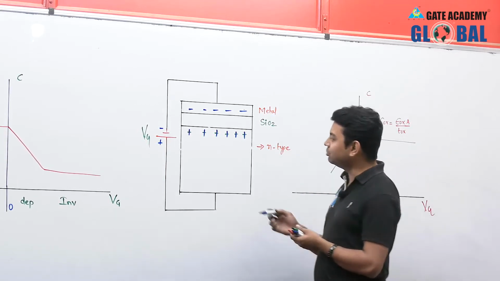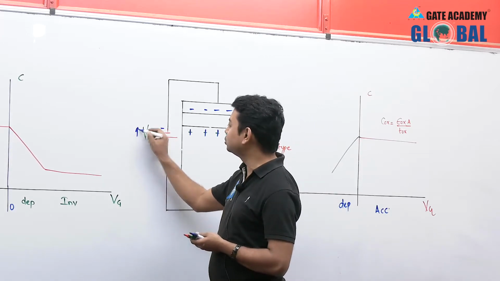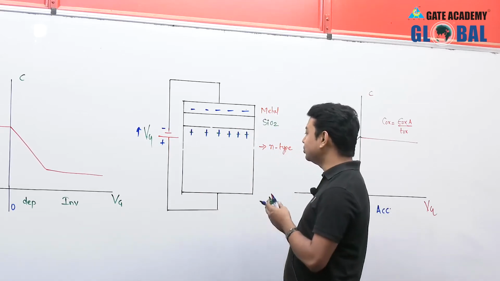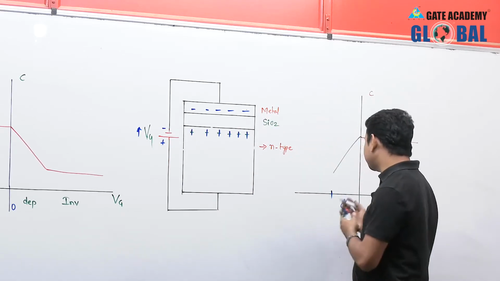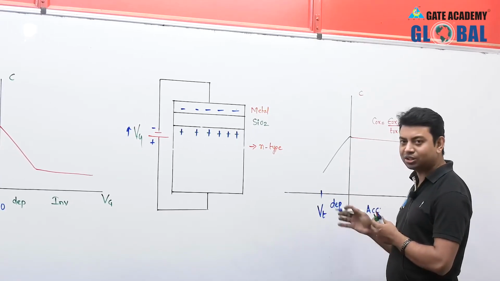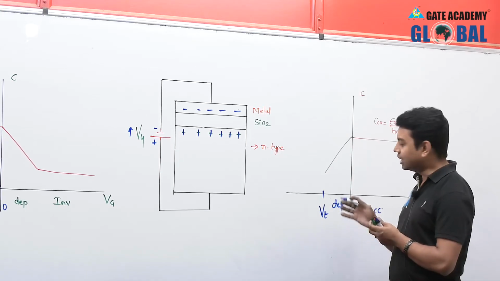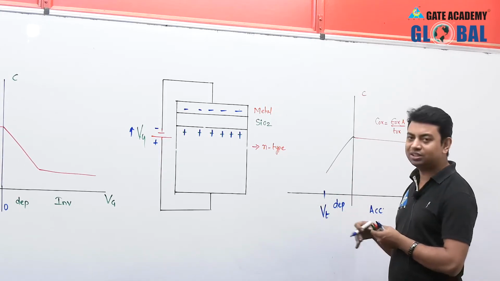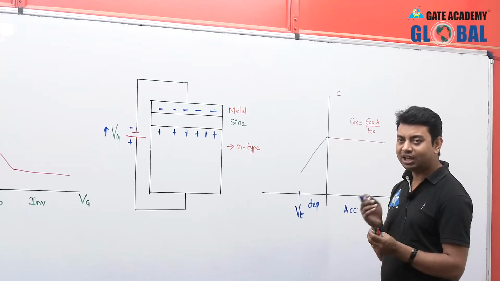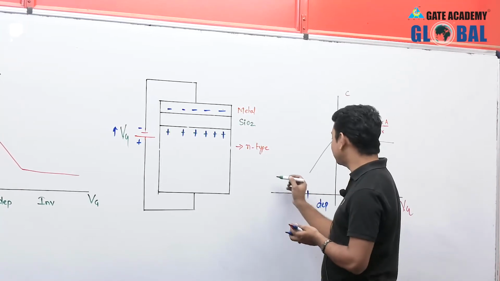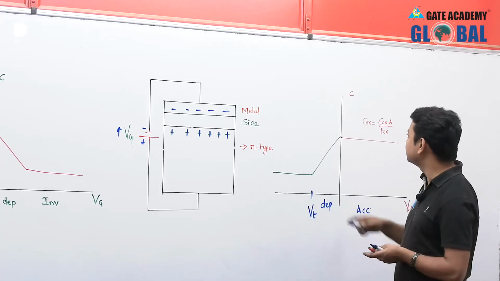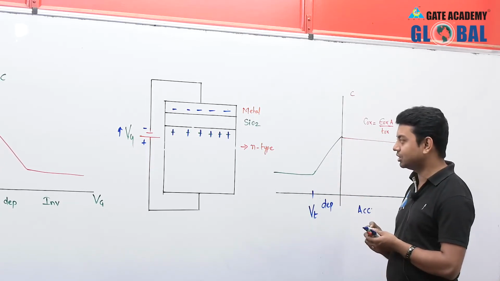And after this, when we increase this gate voltage above the threshold voltage, the same scenario, then what will happen? If the gate voltage is above the threshold voltage, that means in terms of magnitude, here we are discussing. So if the gate voltage is greater than the threshold voltage in terms of magnitude, and in terms of polarity, if it is less than the threshold voltage, then what will happen? We are having another mode of operation, that is inversion mode of operation. So in this inversion mode of operation at high frequency, we are having a constant capacitance.